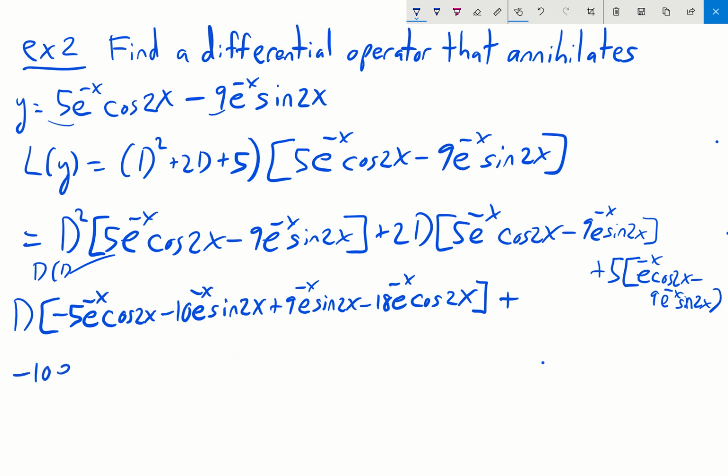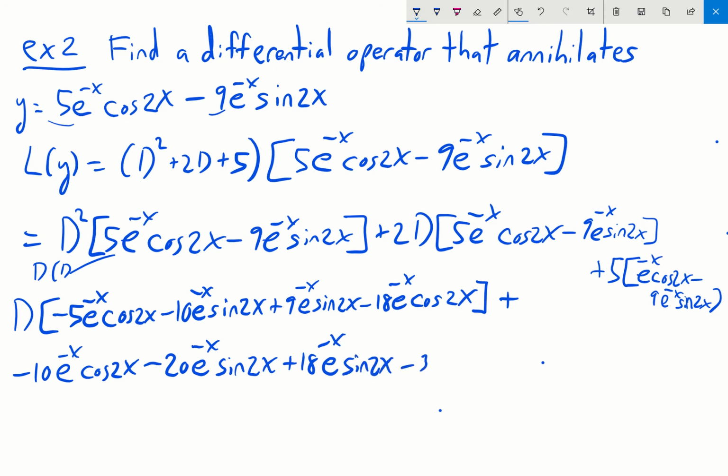That's going to be a negative 10 e to the negative x cosine 2x minus 20 e to the negative x sine of 2x plus 18 e to the negative x sine of 2x plus 36 e to the negative x cosine of 2x, and then we have plus 5 times the original function,